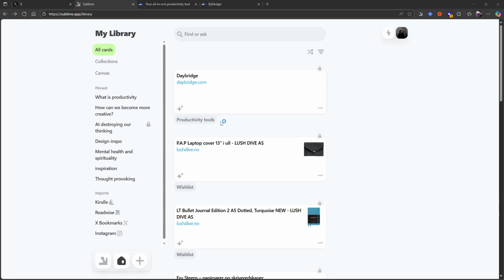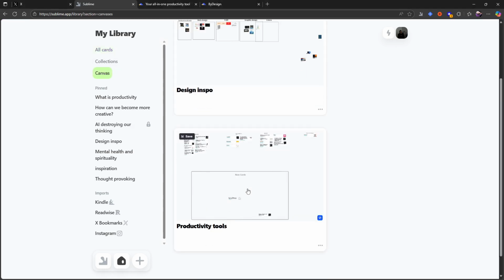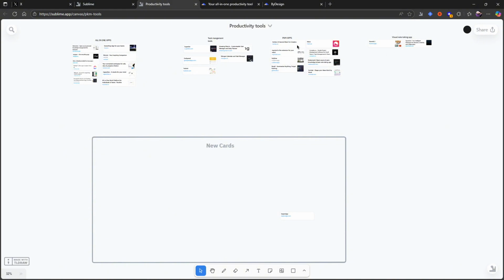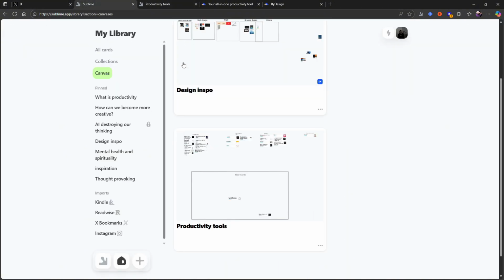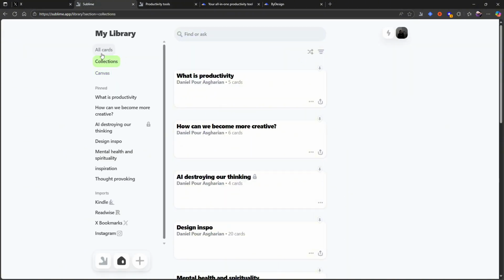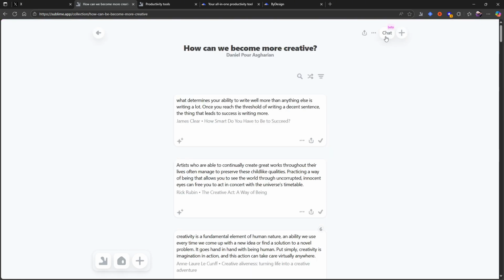So I've used it for everything from like bookmarking things to actually whiteboarding things as well. This is the whiteboard I use for productivity tools. So here you can see all of the productivity tools I try to cover. But that isn't what we are going to talk about. What we are going to talk about is this new feature right here called chat,